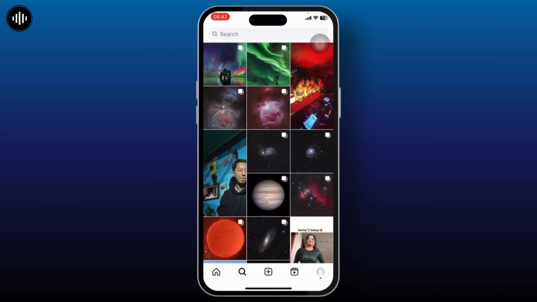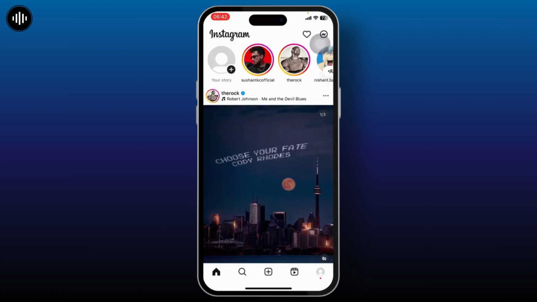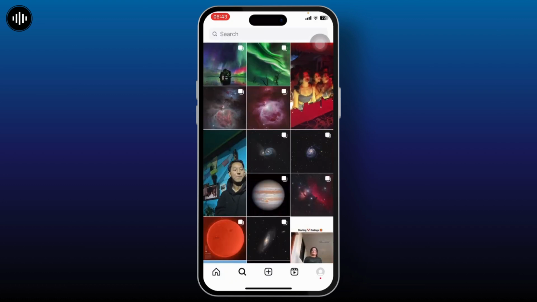Now, if you head over to your Explore page and don't find anything that you like and you want to reset it, there is no direct way you can reset your Explore page, but there are a few techniques or ways you can use which will change your Explore page over time. So let's get started. The first thing that you can do here is, whenever you're on your Explore page,